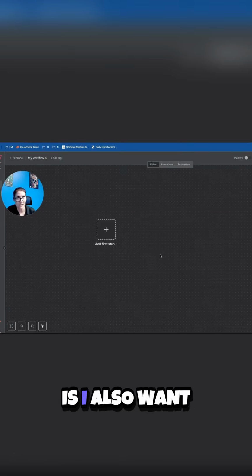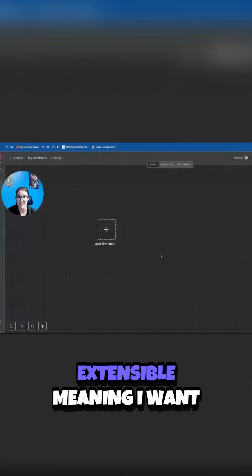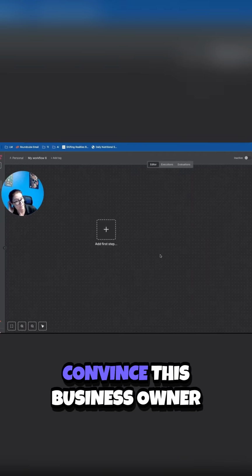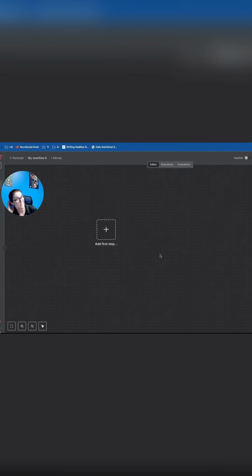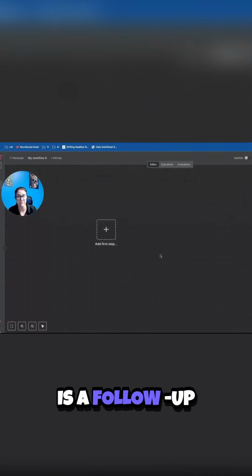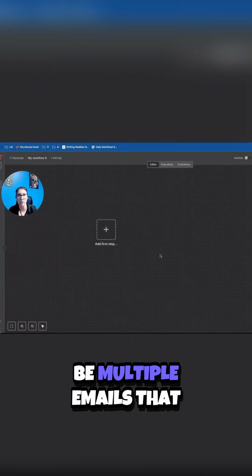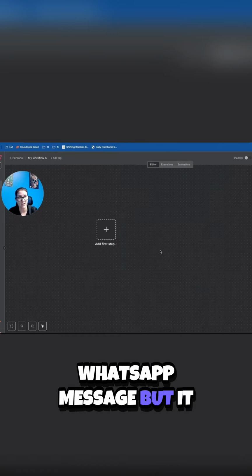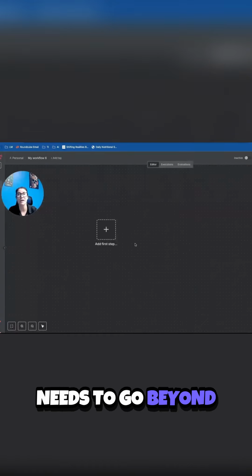And another thing is I also want to keep this workflow extensible, meaning I want it to be easy to add additional functionality. Like I said, I'm going to try to convince this business owner, hey, that's great that you have the discovery call and you want to send that first email, but what you need is a follow-up system. So that might be multiple emails. That might include sending an SMS message or a WhatsApp message, but it needs to go beyond just sending that